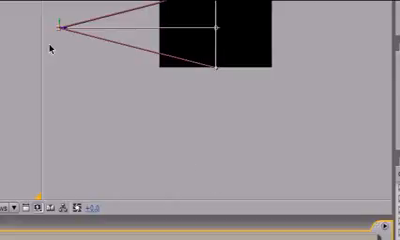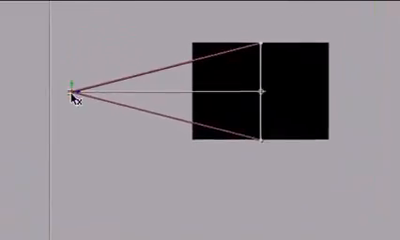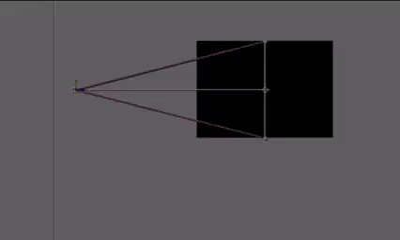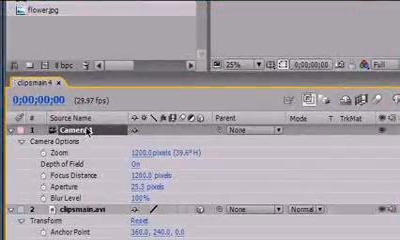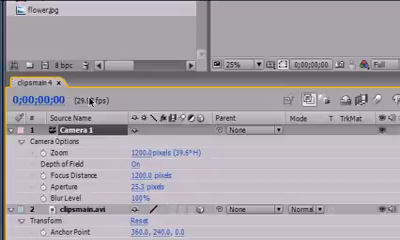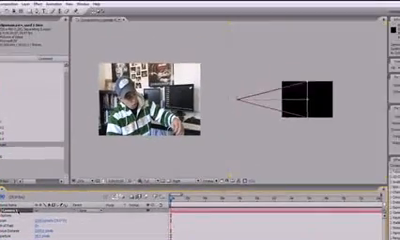So now we have our camera right here, and we can move it around with the X, Y, and Z, and this is our object or composition right here. Let's work with camera settings. Actually, well, that's good for now. What we're going to be working with is the focus distance parameter right here. So again, I told you anything that's not 1200 pixels